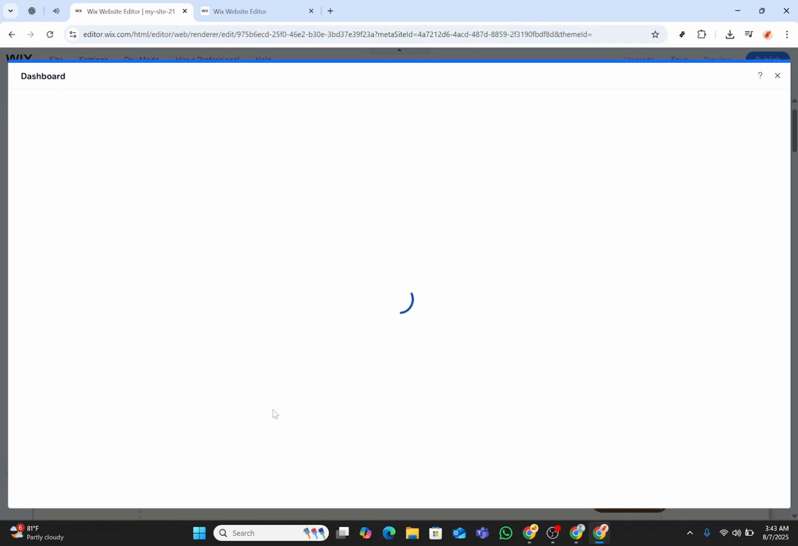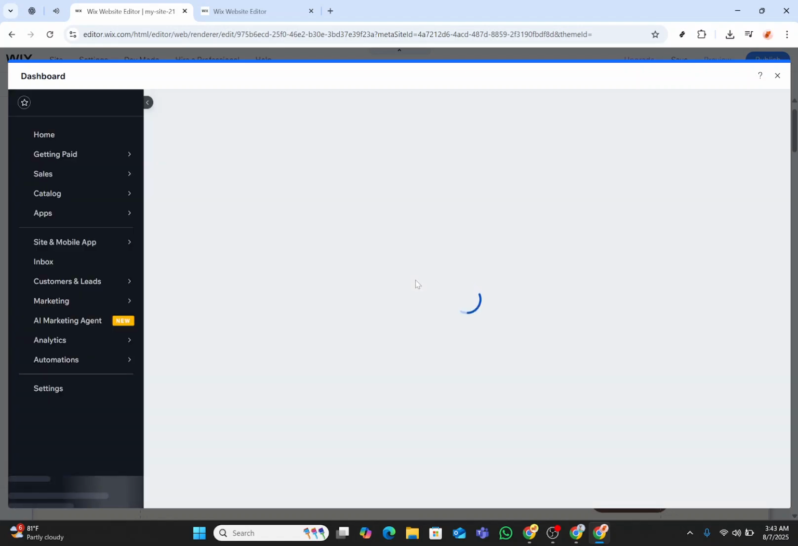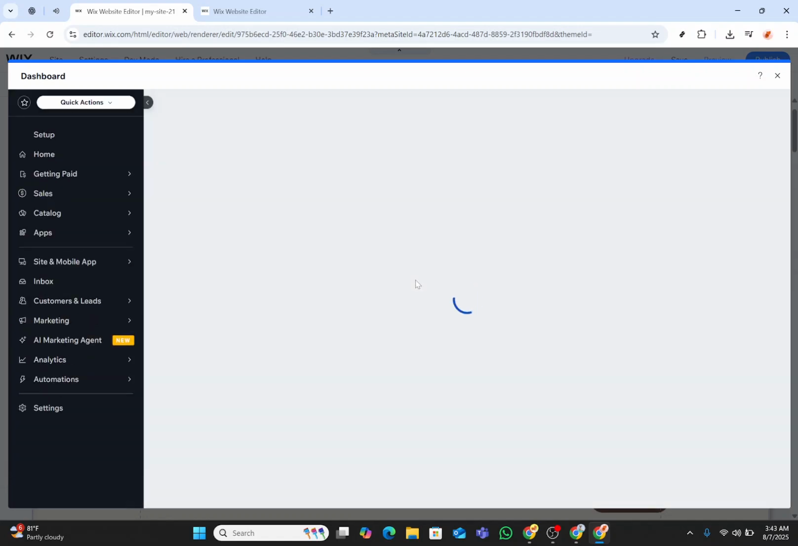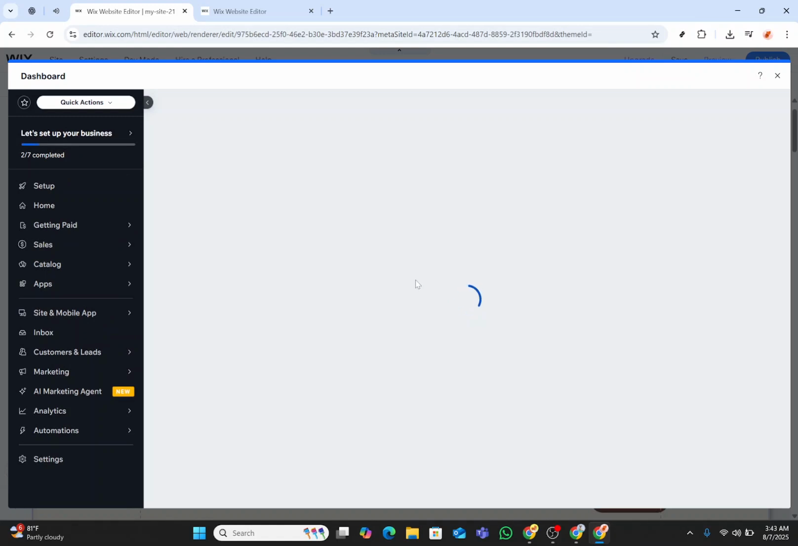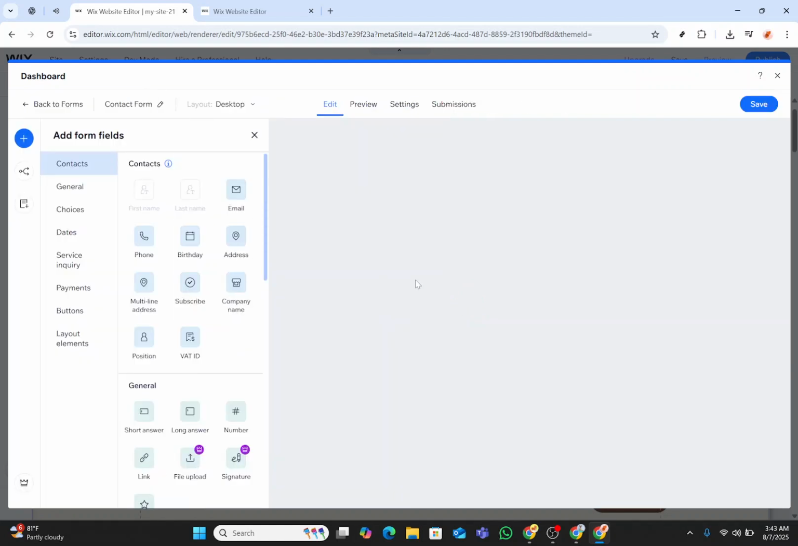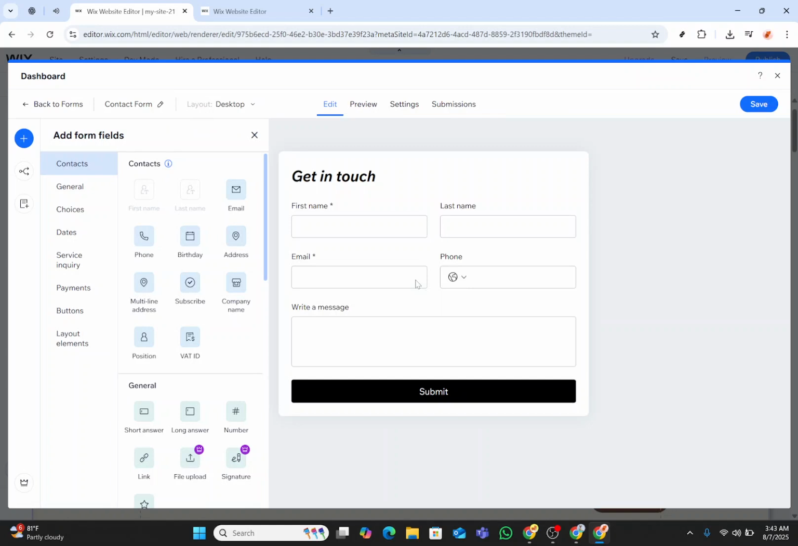Once the essential fields are set, consider adding a description to provide context or instructions. This could be a short sentence explaining what you will use the gathered information for, ensuring transparency and building trust with your audience. Finally, after customizing your contact form to your satisfaction, you can conclude the process by clicking on the Submit button. This ensures that all your changes are saved and that your contact form is live on your